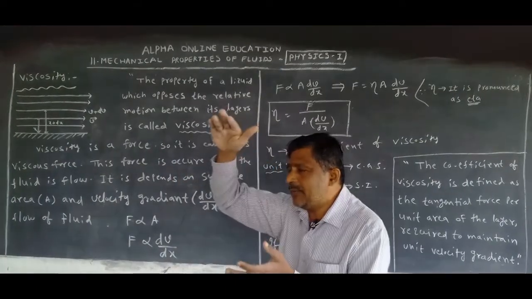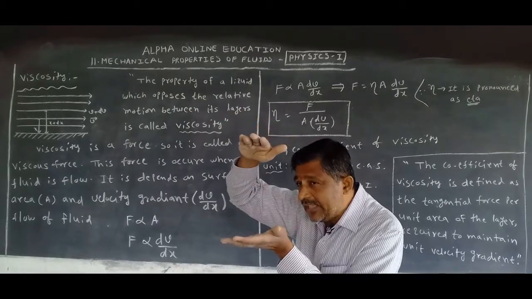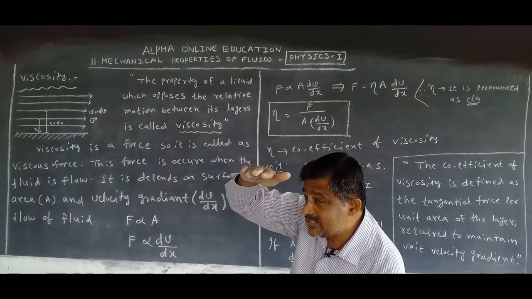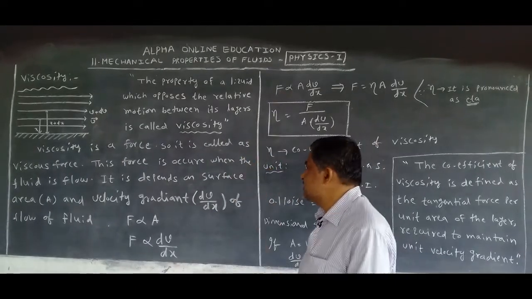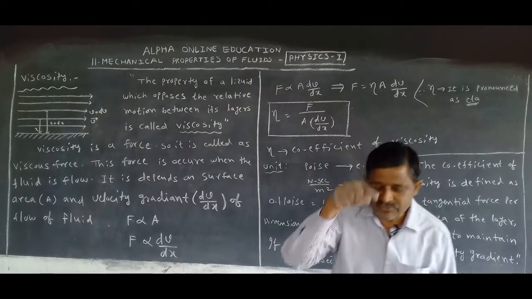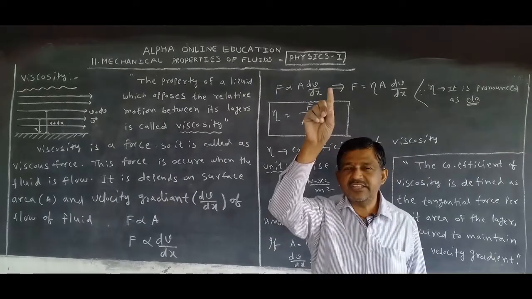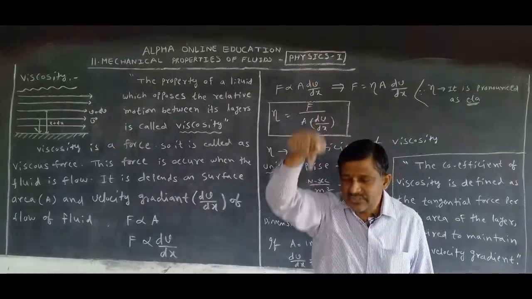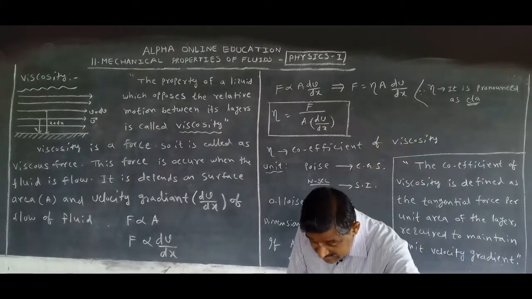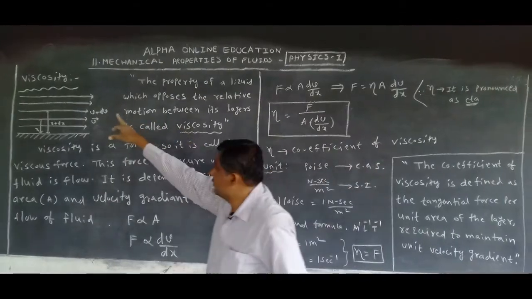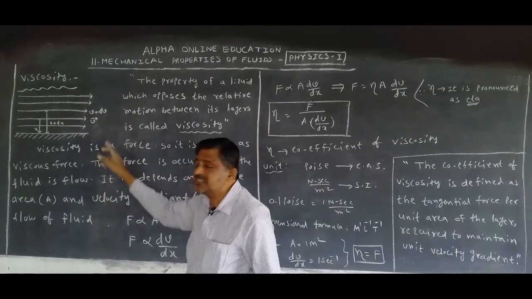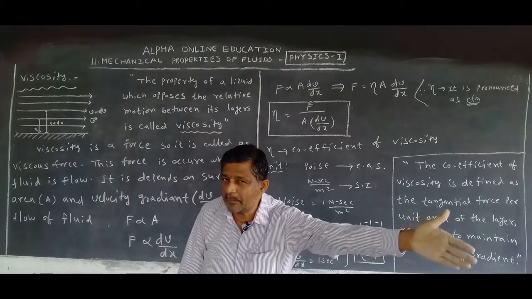That's why the lower layer is resisting the motion of the upper layer. Another layer is resisting the motion of the upper layer. What is that force called? Viscous force, or viscosity force. Now the viscous force decreases from the ground to the surface of the liquid. From the surface towards the ground, what happens? It increases. Viscous force increases towards the ground.